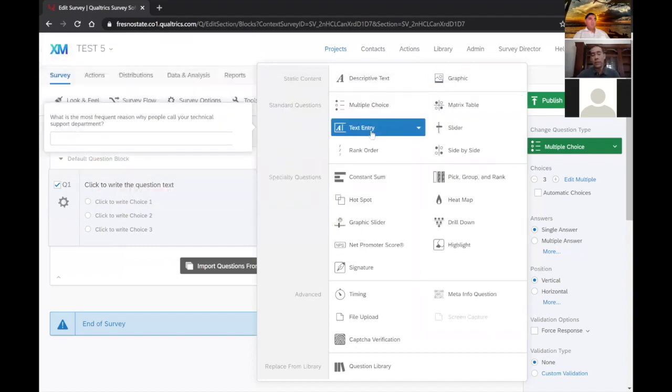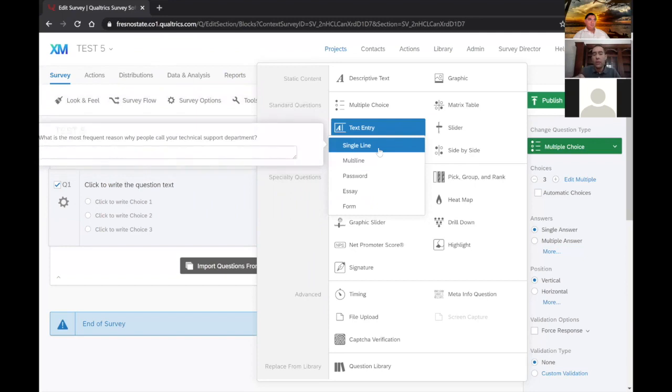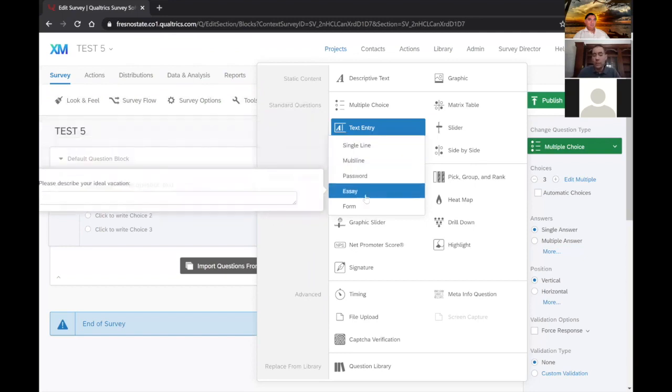Next one is text entry. And again, it's pretty straightforward. It's open-ended text. So if you're asking somebody to give a free response to something, you can click this option. The only changes that you might get here are how big of a text box that you want to include on your survey. So it's pretty straightforward, single line, multi-line, or essay size box. So it gives your respondent an indication of how much you expect them to maybe write or respond